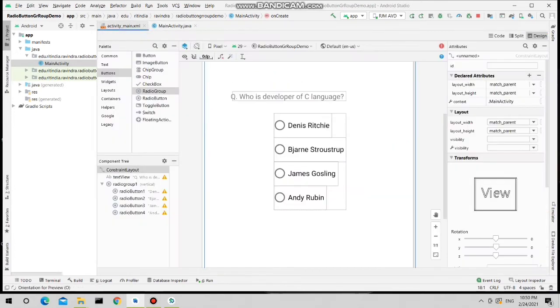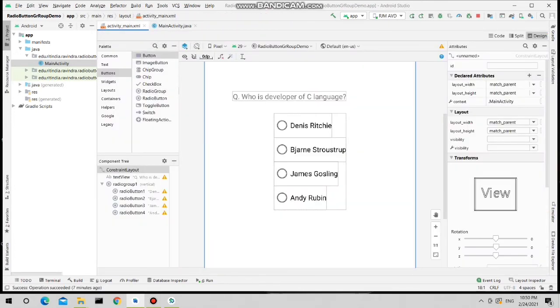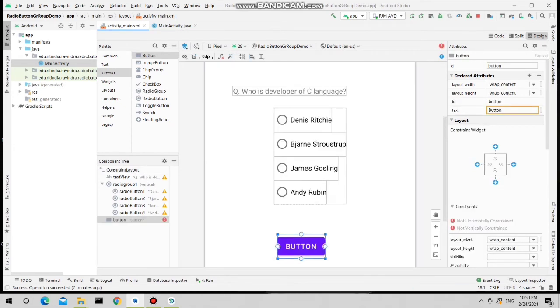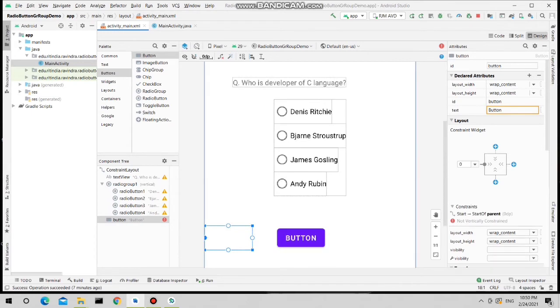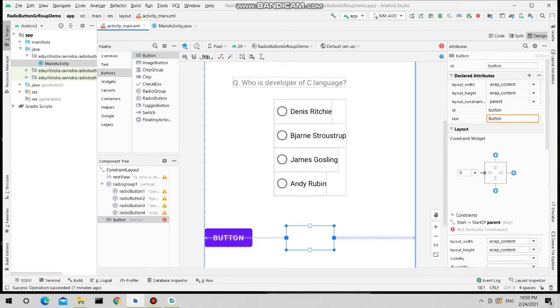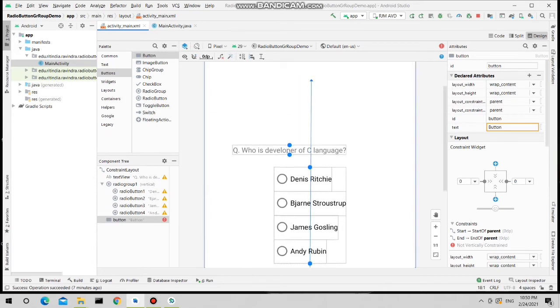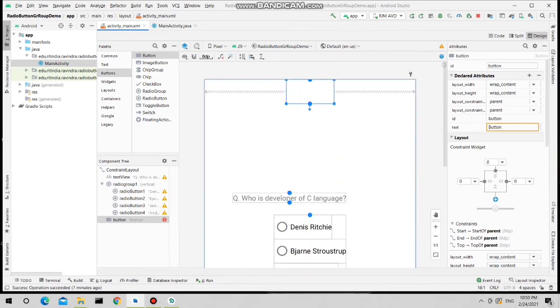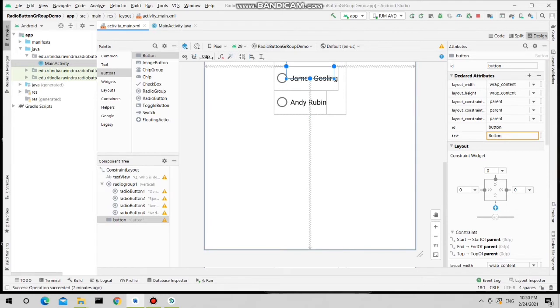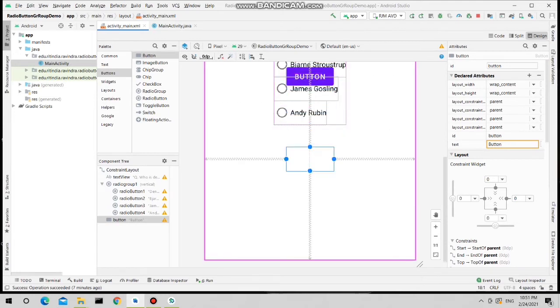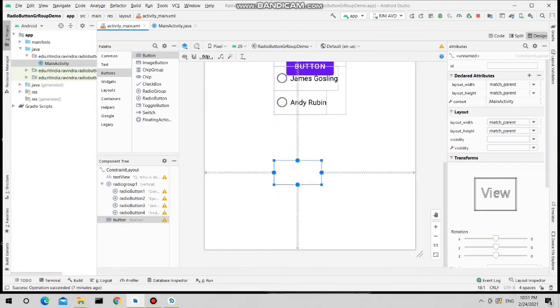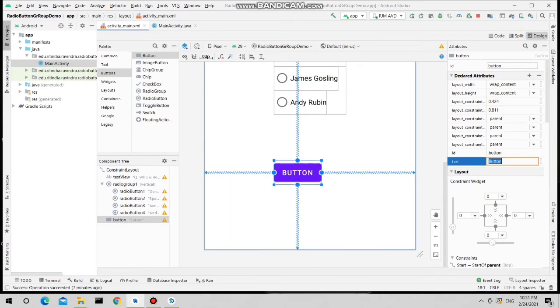Now I will take one button, and when I click on this button, at that time we'll retrieve the text of the selected radio button. I'm interested in the answer which is selected by the user. So when I tap on this button, I will retrieve its text. So set the text to this button.